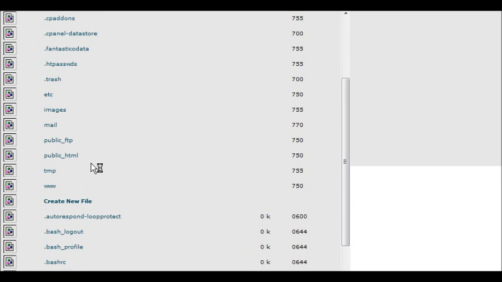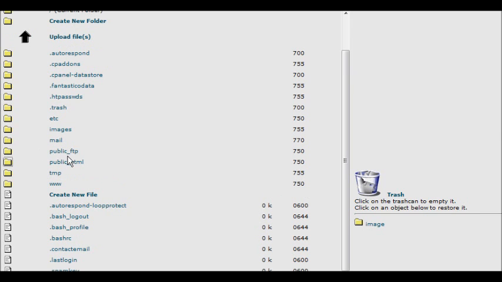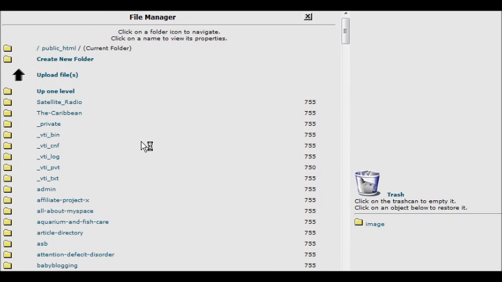So you need to go into where your web documents are. In a lot of cases it's in a folder called public_HTML. Other servers might use something called htdocs. If you don't know that, you'd need to contact your server provider and find out. Anyway, so we go inside there, and then in here we can create our directory that we want to password